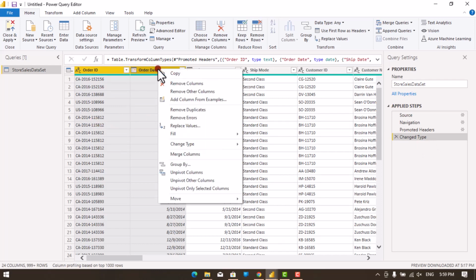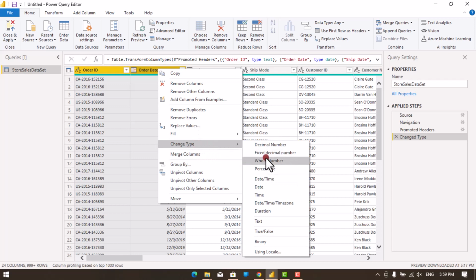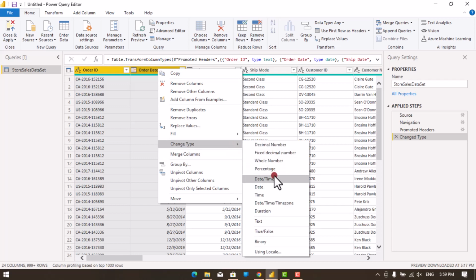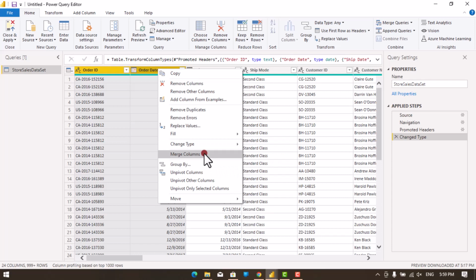I right click on it. Now we could replace value. Now we could replace values inside each column, but we could also change the data types of both columns to a new data type. Now the best thing I want to show us here is that we could merge the